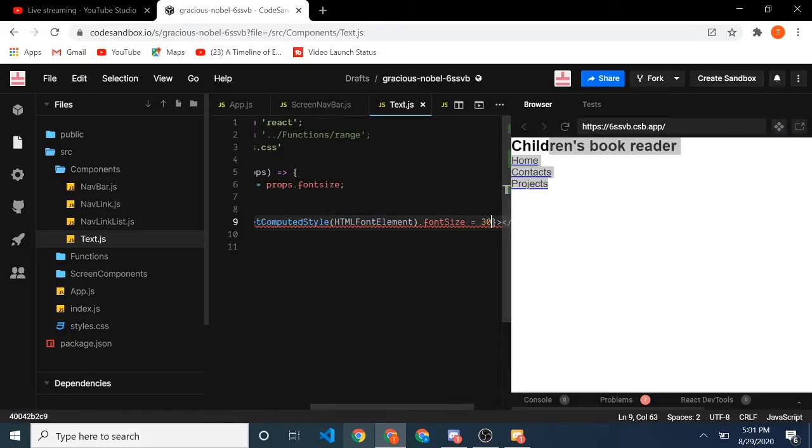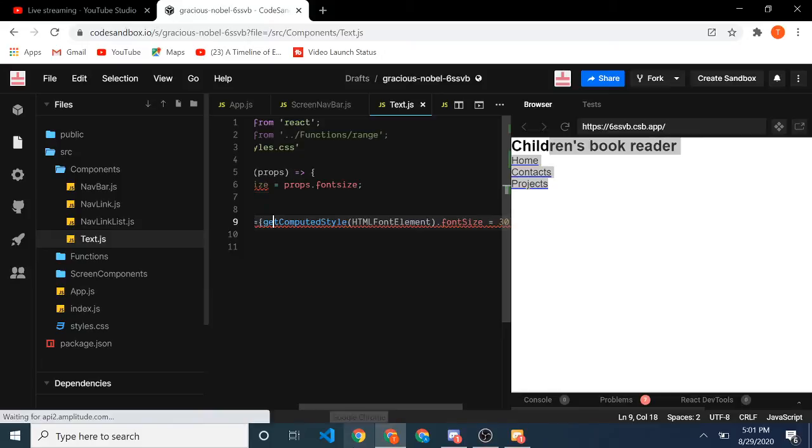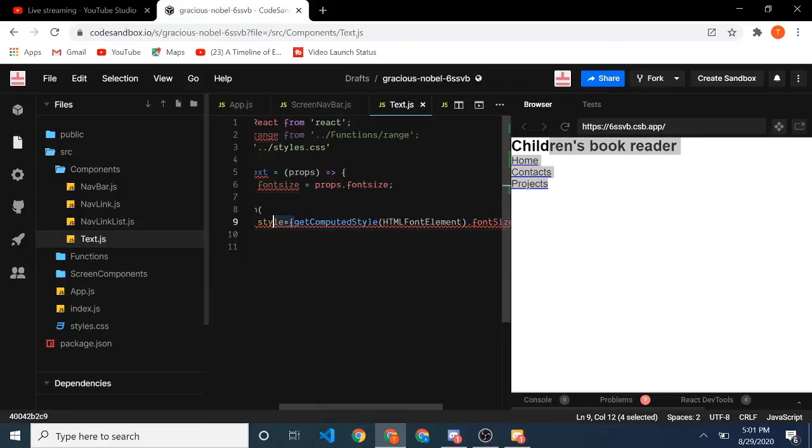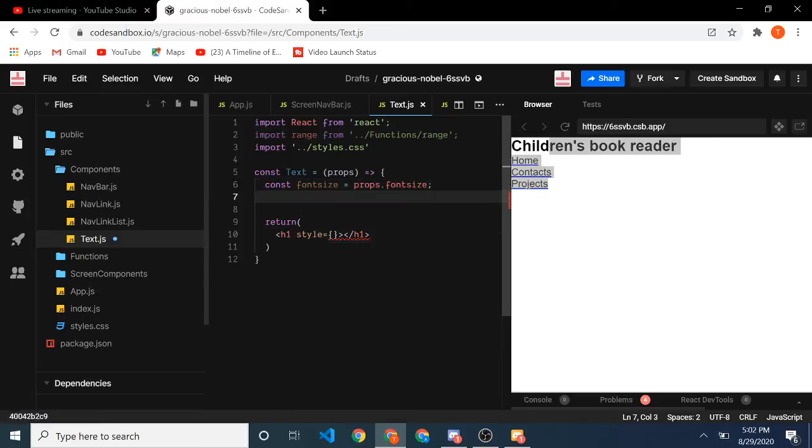You know, you're gonna use the PX variant. And you're gonna set it to 30. Because what do you want? We want to get a computed style, meaning we don't want a style like this. We want to get the computed style for it and change it to the font size even before rendering. So beforehand, before rendering, then we're gonna do that,